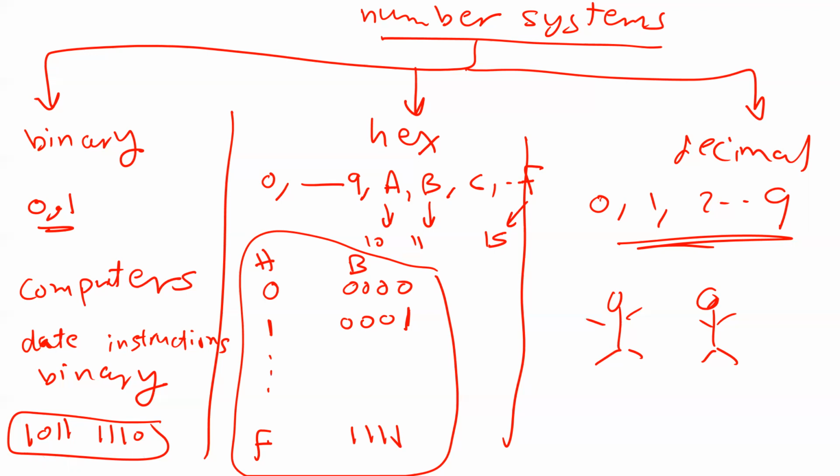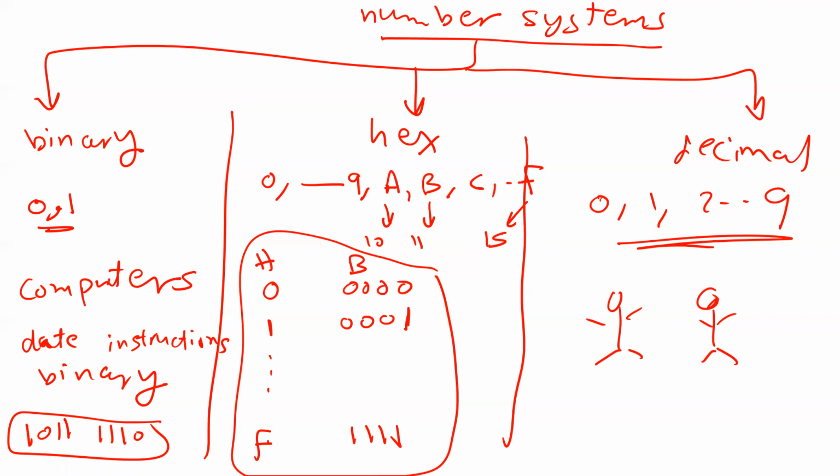Number 2 is shorter representation. Why shorter? Because every 4 bits in binary is going to be represented by 1 digit in hexadecimal. Number 3, it's easy for us to remember, right? You can remember 3A, F2, easy to remember. But if I convert it to binary, can you remember 10110011? It's going to be too difficult, right?